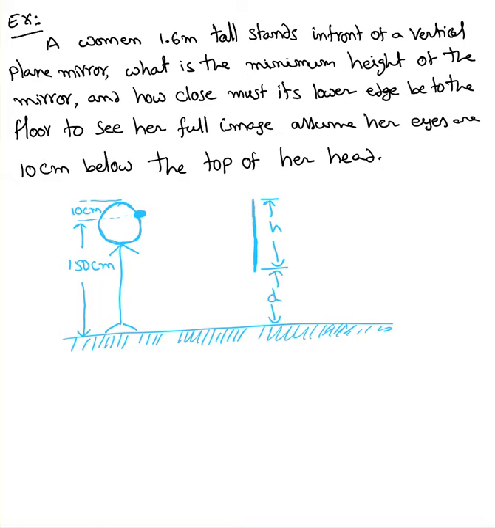Okay, here is the next example. A woman 1.6 meter tall stands in front of a vertical plane mirror. So here is the mirror. What is the minimum height of the mirror and how close must its lower edge be to the floor to see her full image? So we want to see her full image, so the top is right there, bottom is right here. And so the question he's asking about, what is the h value and what is the d value,